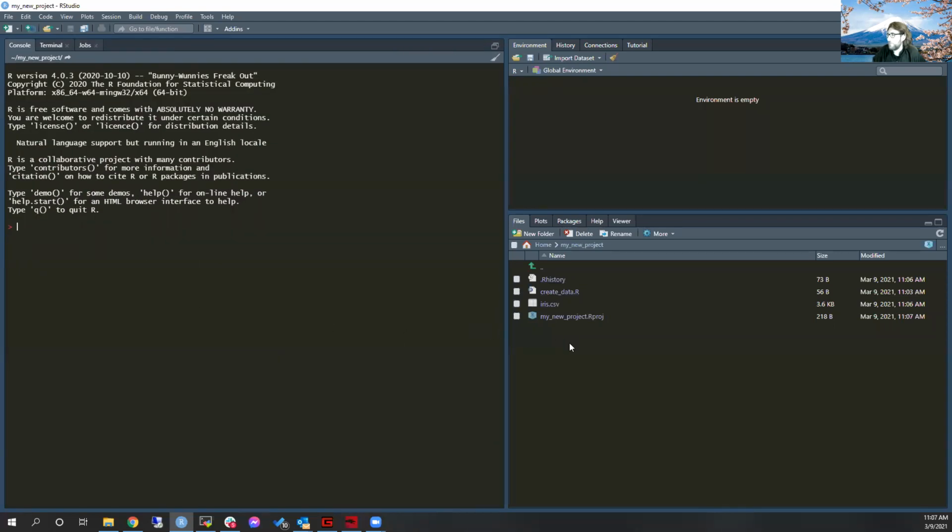All right. Apparently I lied. I guess RStudio does show you dot files, just not the dot folder that we saw before. Anyways,